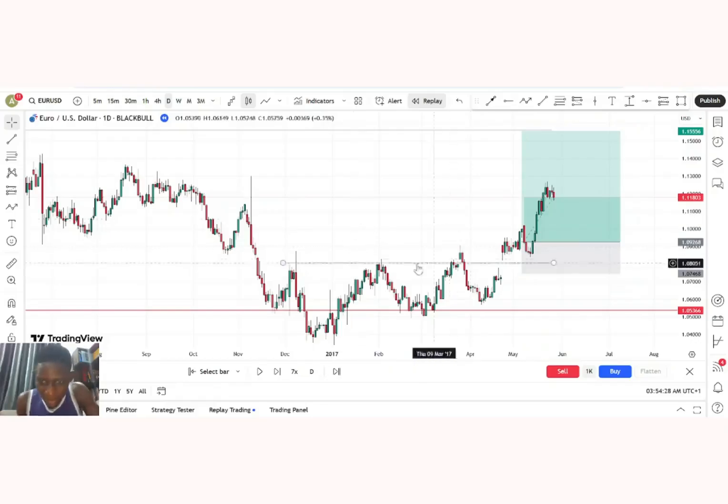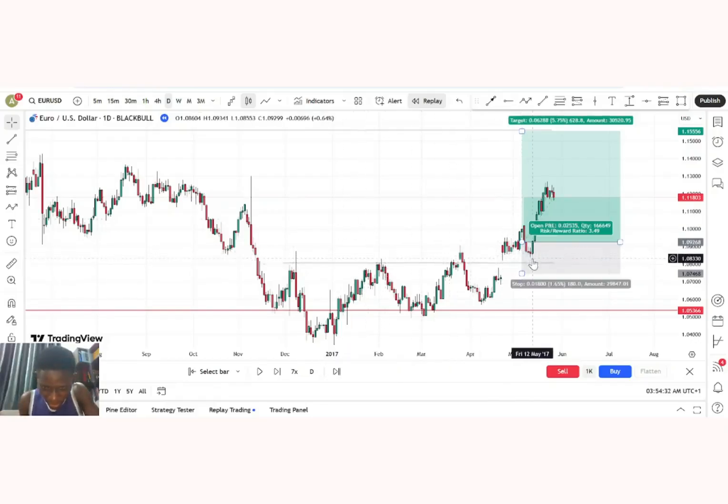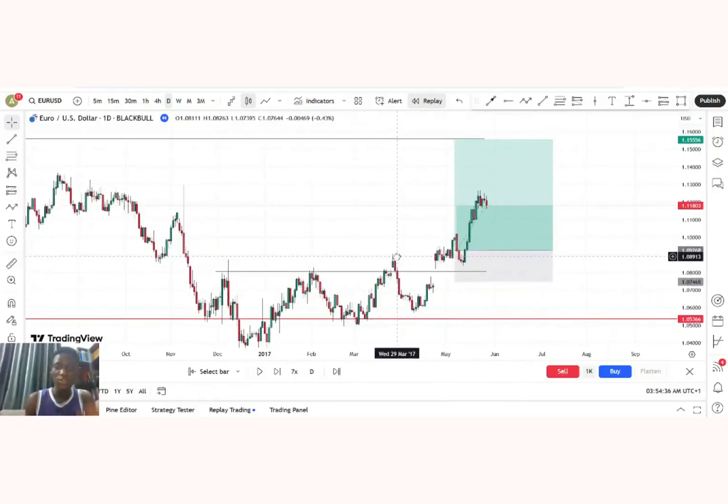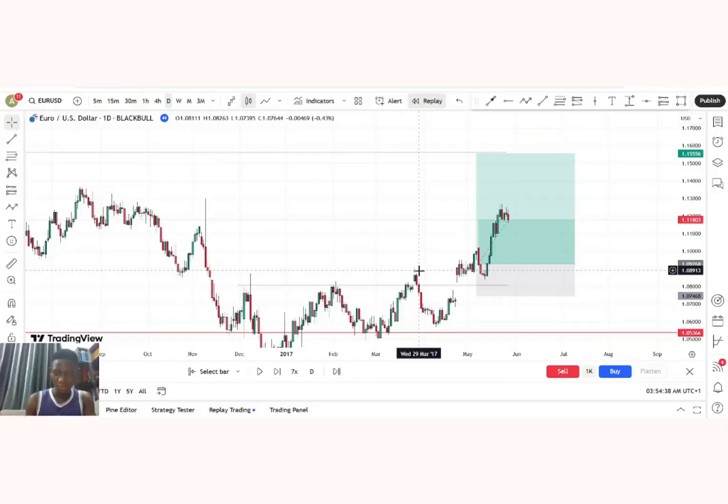So you see, this was the zone we talked about. So the market came back to this zone, to this support, resistance broken becomes a support. See, it does not always look clean as before, right? So there will always be some variation, it's a framework. We apply the framework to every market, but it's not always as clean as we would like it to be, right? So just know that this is a kind of breakout,